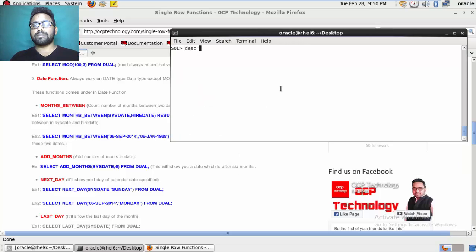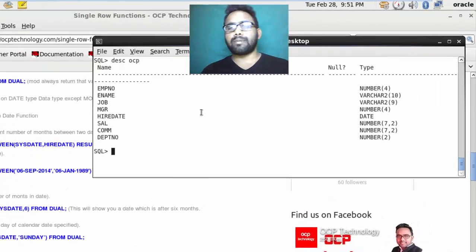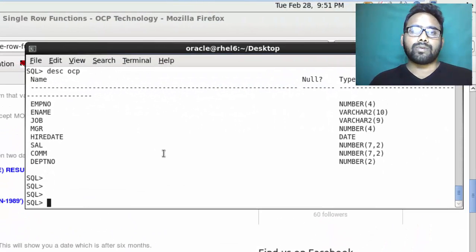Suppose we have one table whose name is OCP. The OCP table has all these columns, which is basically a copy of the EMP table. If I use months between, it returns the number of months between two dates.